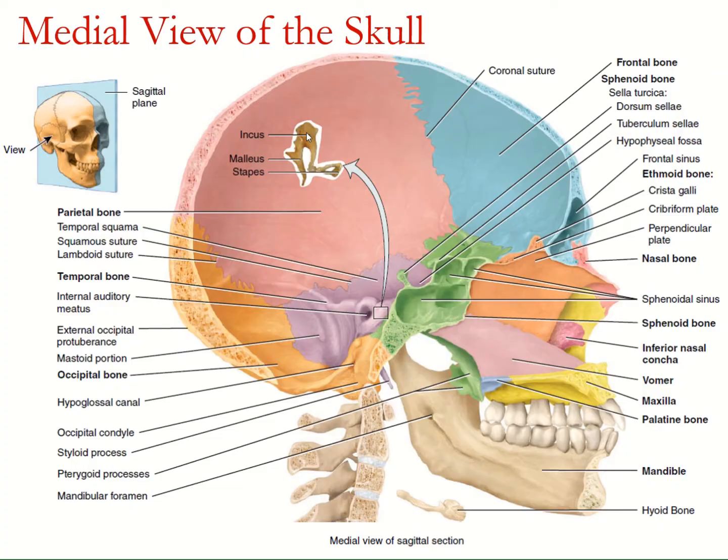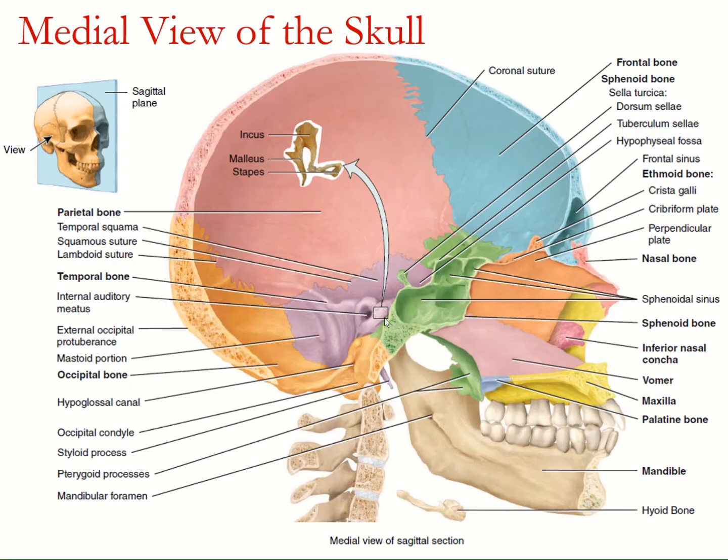Here is a medial view of the sagittal section of the skull. So we are seeing from the inside, and we would be able to appreciate more the structures and the shape of the cranial and facial bones of the skull. I want to take note of